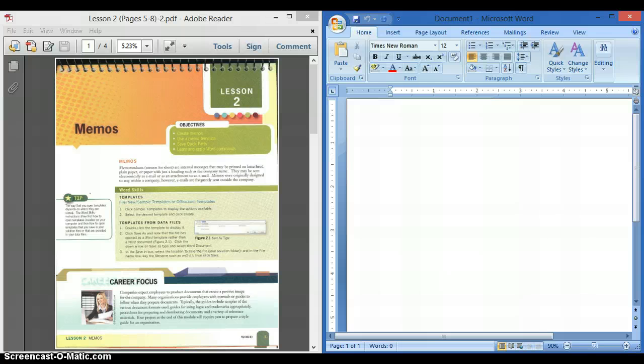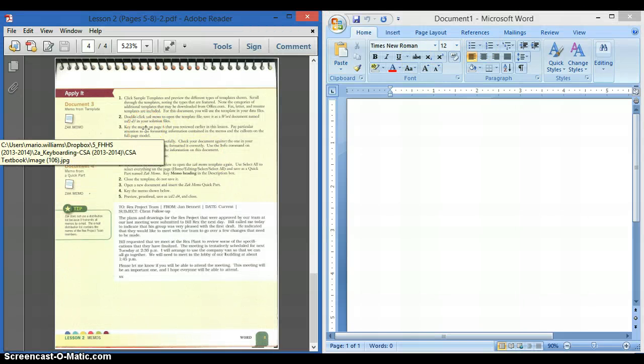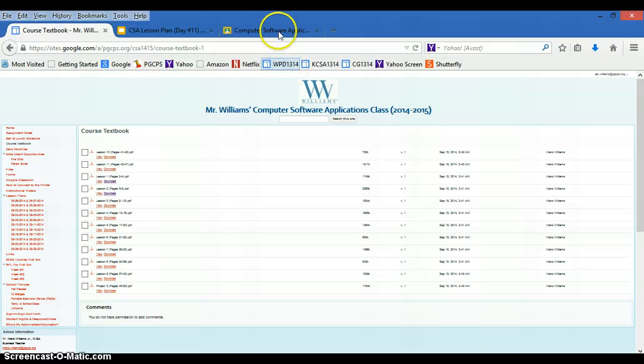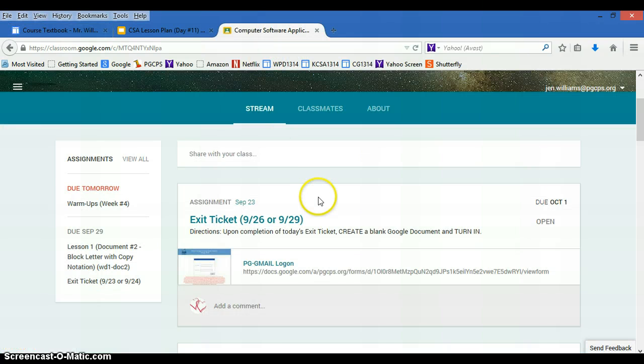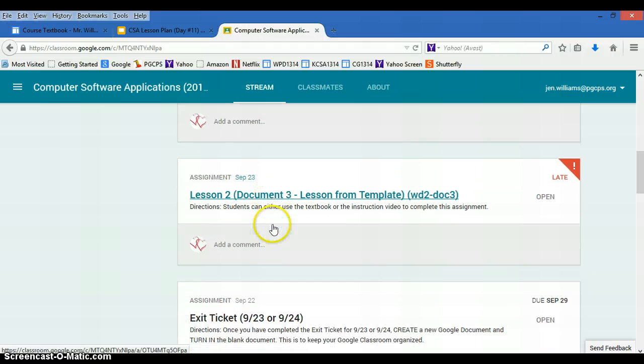Direction number 2 out of the textbook says double click Exact Memo to open a template file. Save it as a Word document named WD2-D3 in your solutions files. Okay, so we're going to do it a little bit differently. I actually put that document on your Google Classroom. So if you go to your Google Classroom and look for Lesson 2, Document 3,